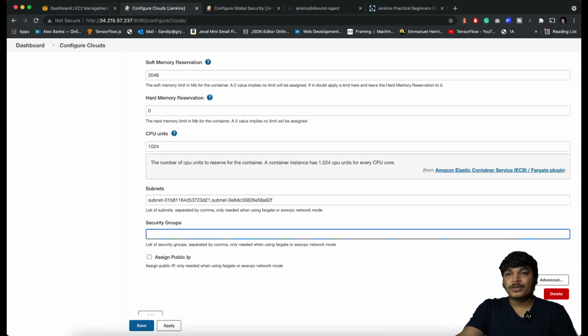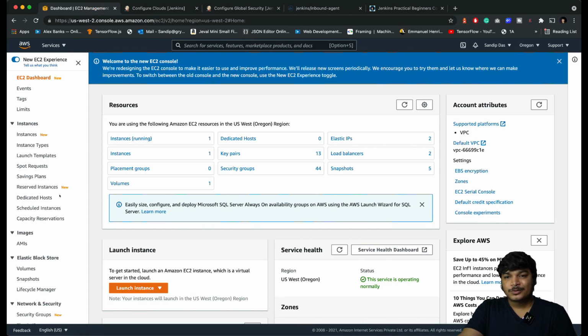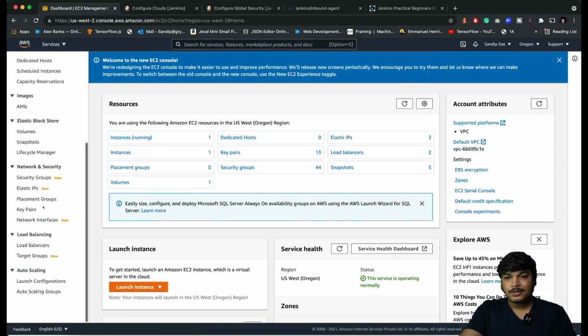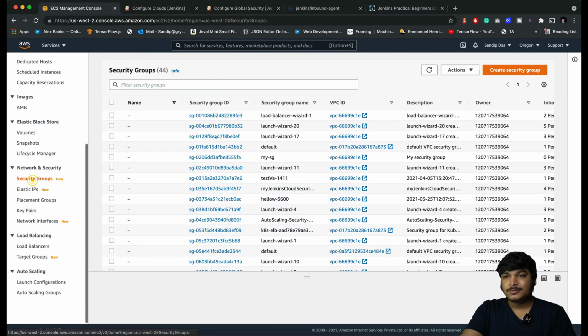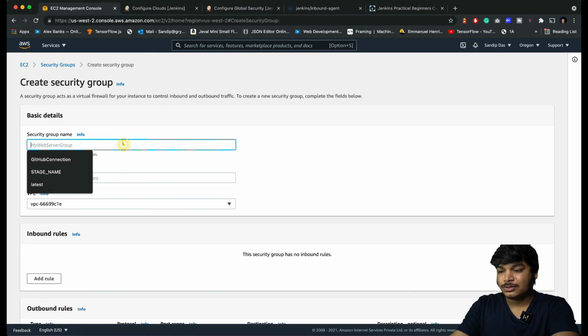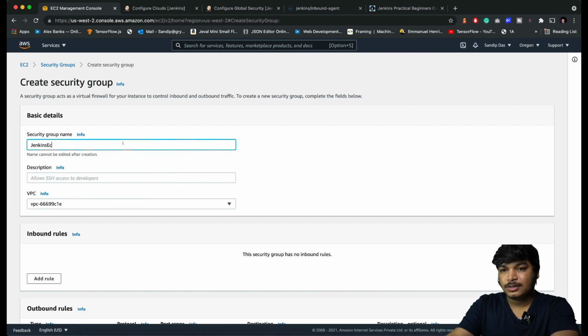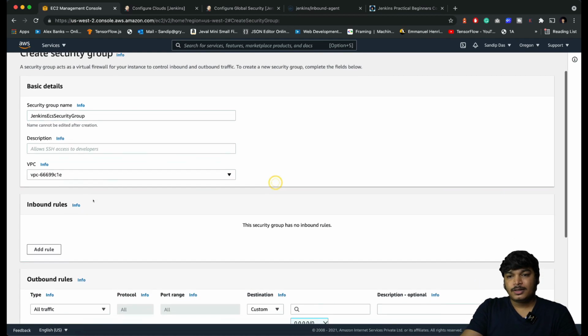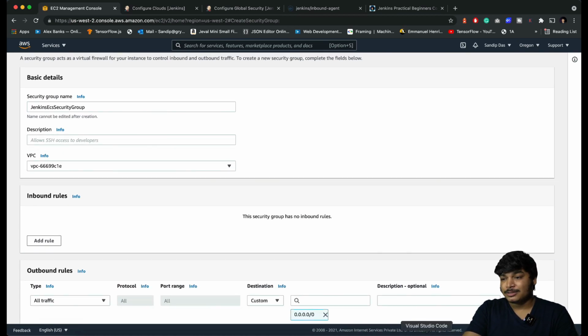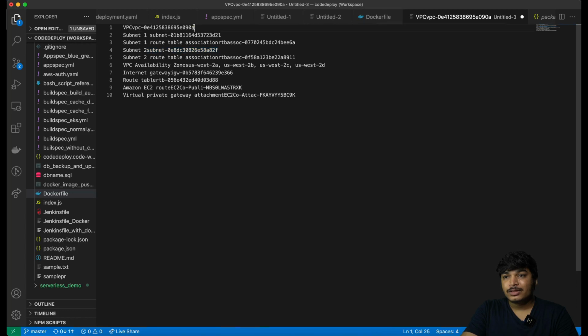And in the security group, let's create one security group for us. So simply go to security groups and click on create security group, say Jenkins ECS security group. Make sure the VPC ID matches. That's why you copied it here. Remember the last 4 digits of the VPC ID, that will be fine. That is 090A.